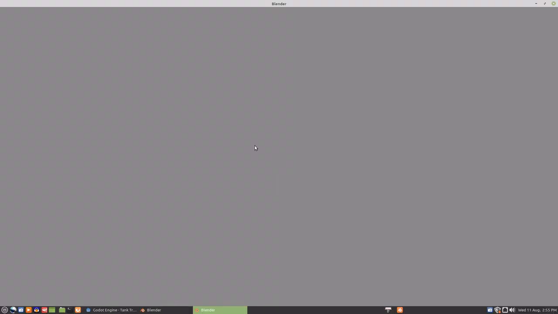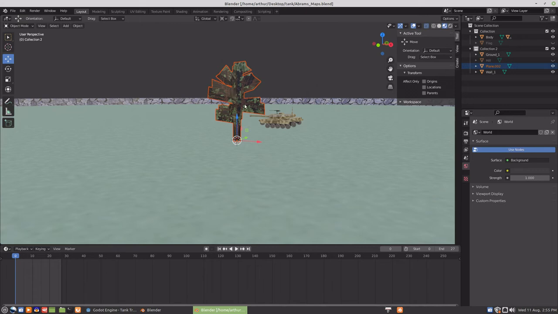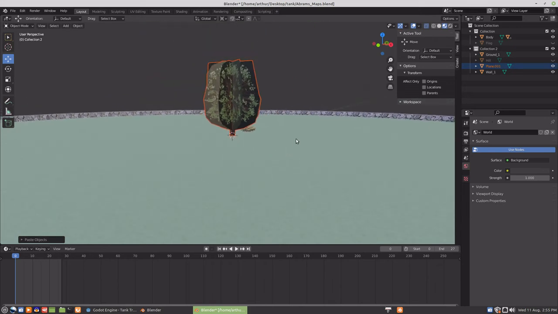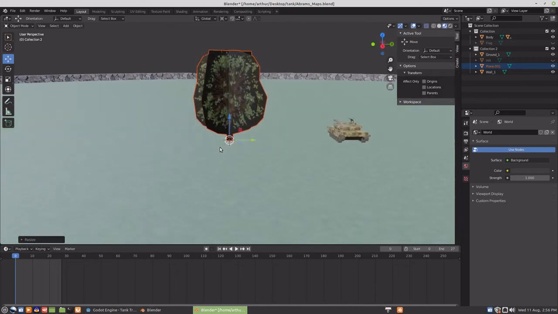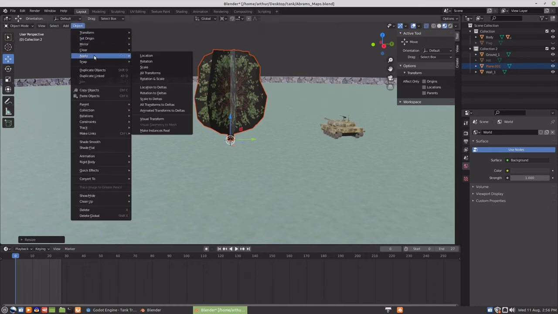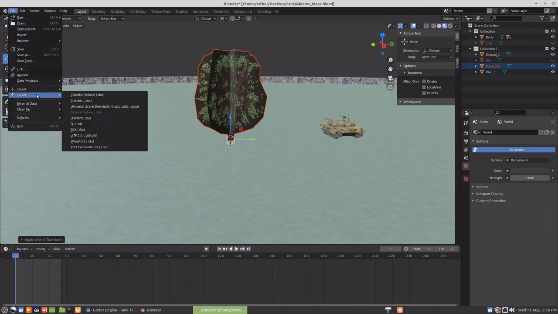I'm going to open up a second instance of Blender and get my maps blend. And as you can see, I've already done a practice tree here. We'll just delete that because I wasn't satisfied with it. We'll Control V, paste this tree in there, scale it down so it matches up with the tank, as it is a little bit big. Now we'll go into Object, Apply, Rotation and Scale, File, Export,